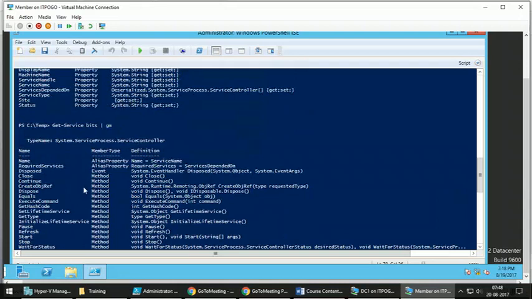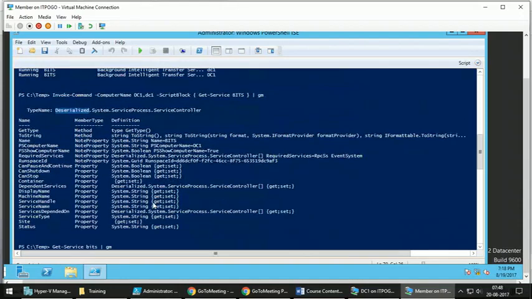So in this case, bit service. But when you are on a local computer, you are already in the open connection. But when you are getting this from a remote computer, the connection will be closed after getting the results from the remote computer.